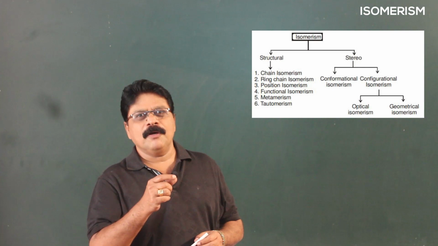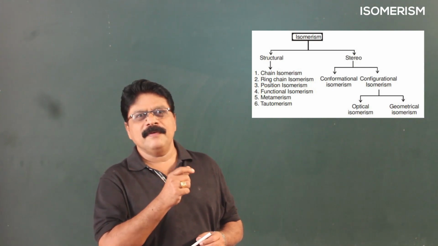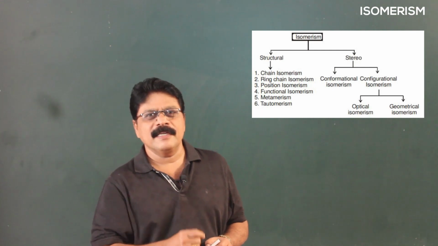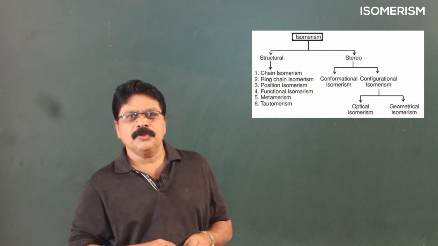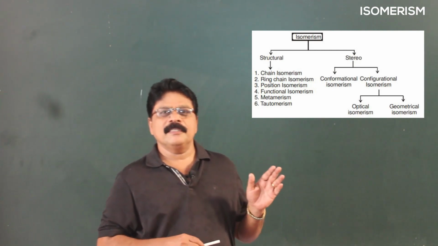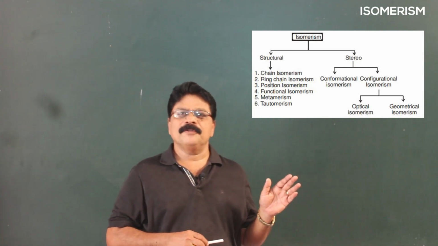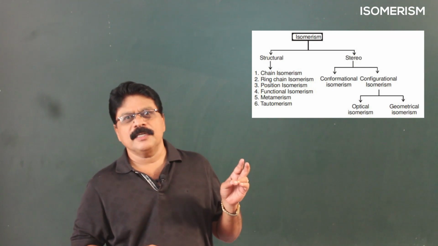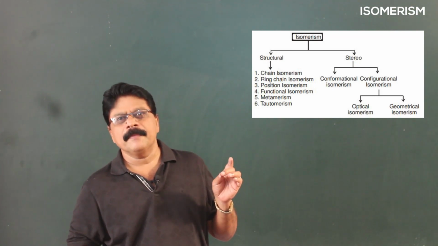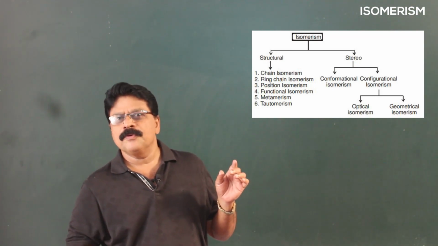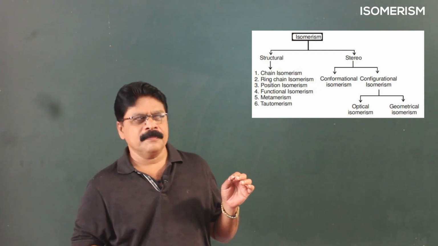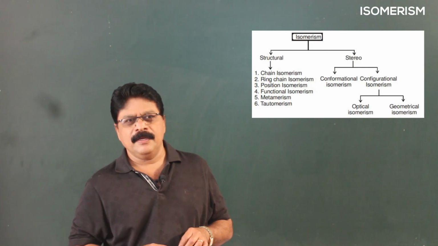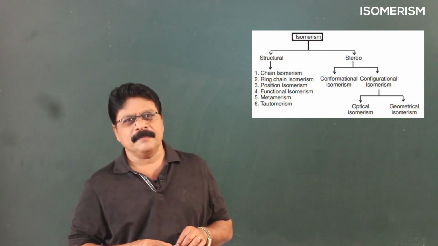We will be predominantly talking only about the way in which you get questions in an objective type and how to arrive at an answer easily. So structural isomerism are basically classified into 1. Chain isomerism, 2. Position isomerism, 3. Metamerism, 4. Functional isomerism, and last tautomerism. We will take one after the other.